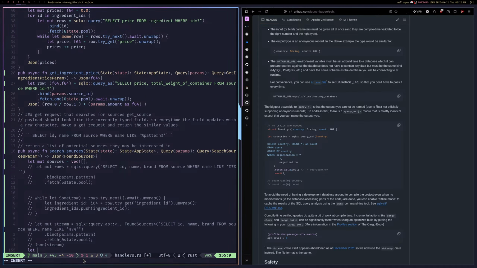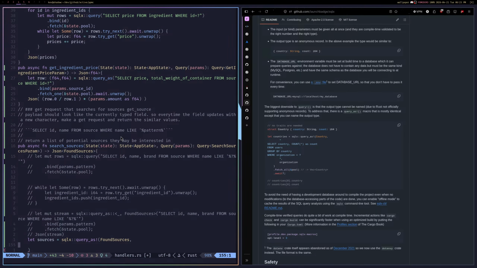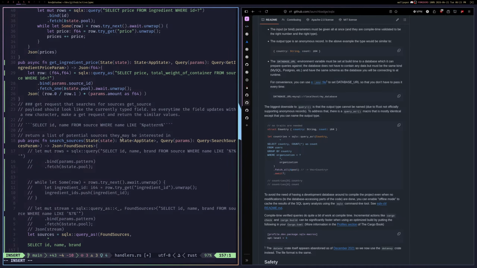But we'll do let, 15k, delete 13j. Let sources equal sqlx query as macro, and we'll do found sources and I'm gonna tab this over one more and then enter tab, select ID, name, brand from source